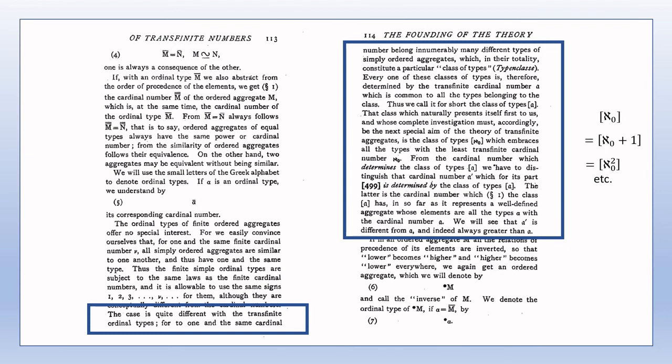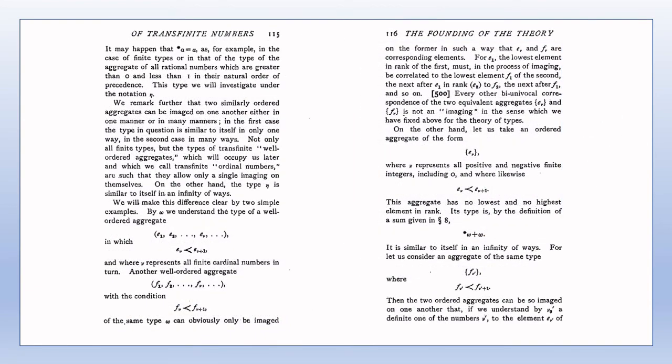each transfinite cardinal number does have a corresponding class of types. It just happens that the class of types corresponding to the transfinite cardinal numbers A and B may be identical. As a rule, wherever possible, the simplest notation is to be preferred. In general, the class of types corresponding to the cardinal number A is A in square brackets. The class of types of A is itself an aggregate and therefore, by section 1, has its own cardinal number